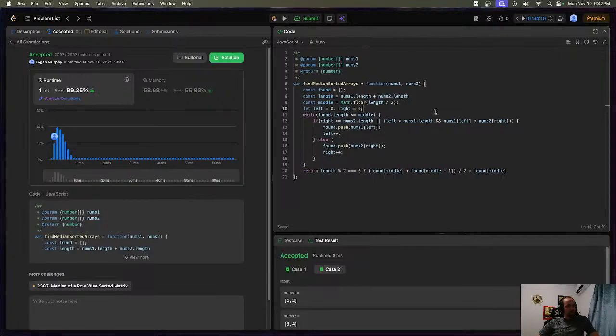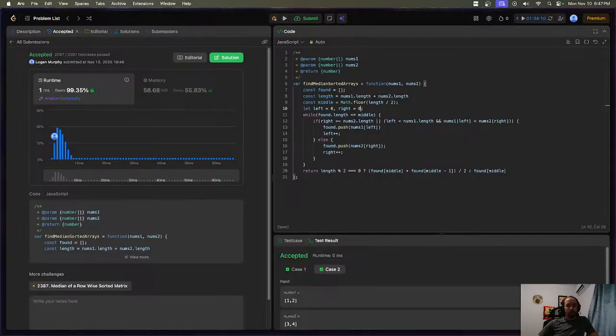I feel like push is kind of slow. But better than 99.35% is pretty good. But if I were to optimize,